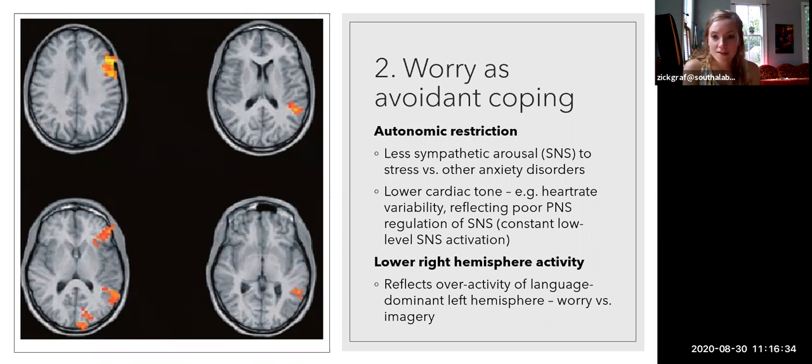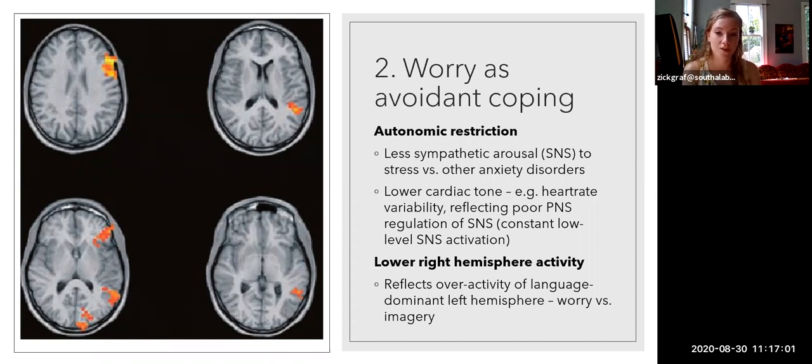So people with generalized anxiety disorder, as your textbook says, have more activity in their left hemisphere than in their right hemisphere compared to other people without generalized anxiety disorder when they're told to worry, when they're told to think about an anxiety-provoking situation. So although everyone worries, people with GAD seem to be using language more than mental imagery when they worry. So the theory is that that is maintaining a low level of anxiety, what the textbook refers to as autonomic restriction,